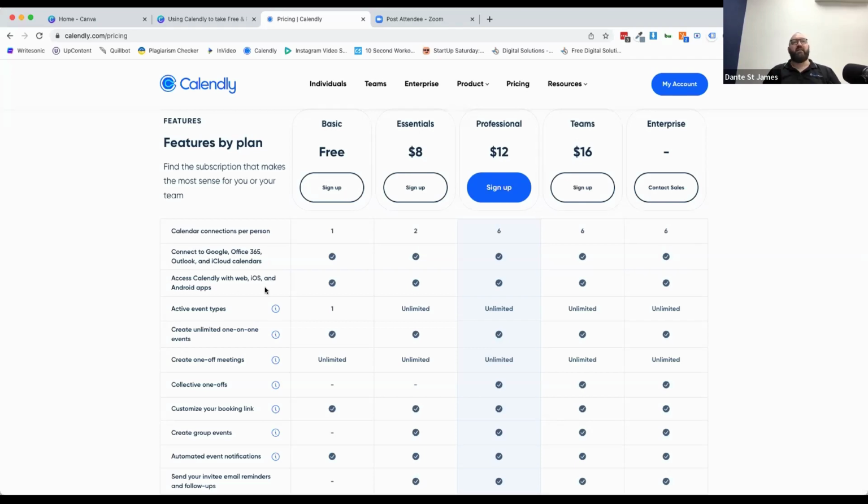You can access Calendly with the web, iOS, and an Android app. They've got different event types that are included. So in the free version, just one appointment type. You can create one-off meetings. You can create one-to-one events. You can customize the booking link by saying it's